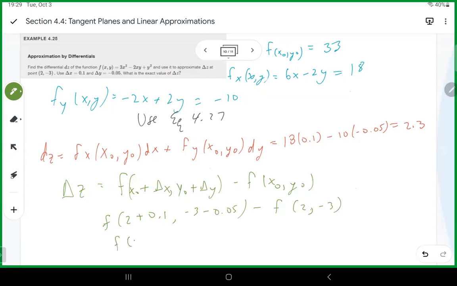So f of 2.1, and if you work that out, then you get 2.3425. Okay,